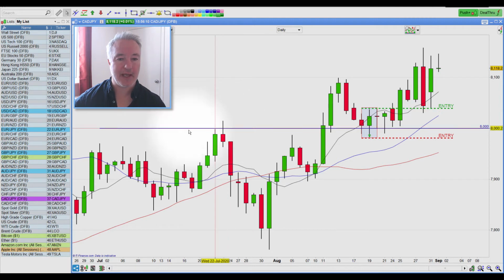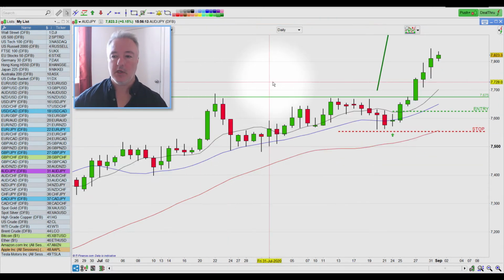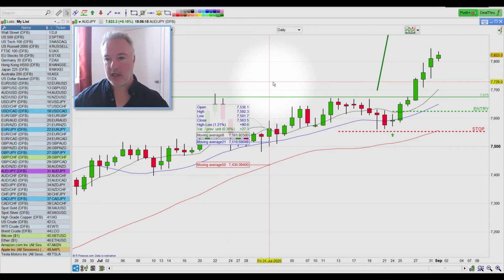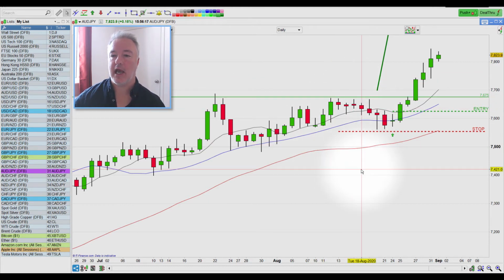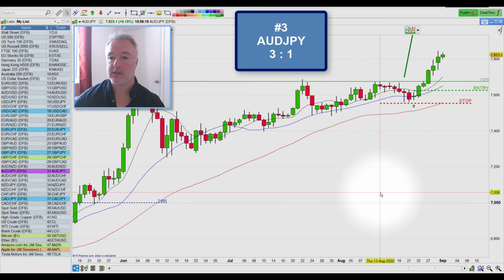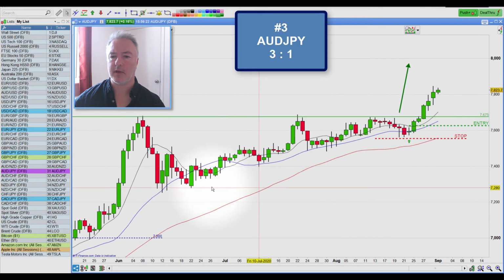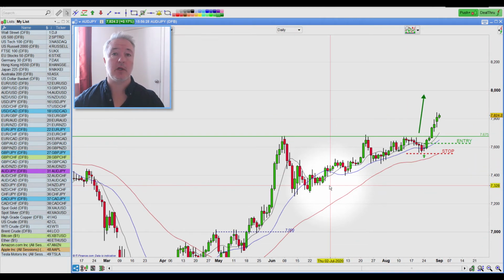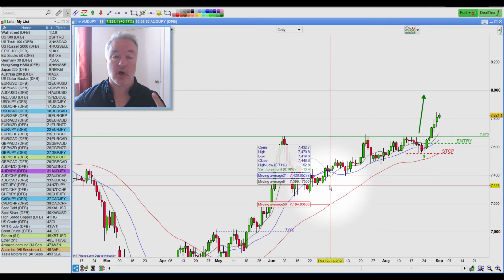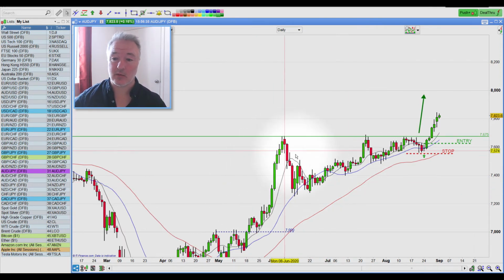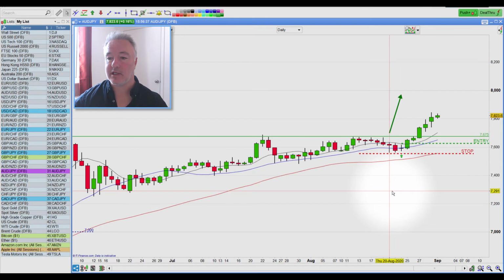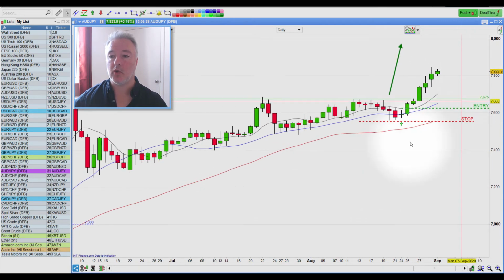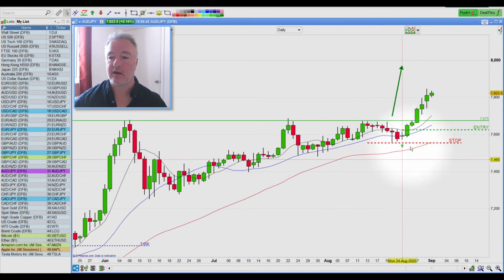And in third place is Aussie yen. I'll talk about the fact that there are quite a few yen crosses here. What's interesting about this one is that it's effectively a very slow and steady breakout pattern. The Aussie pairs have been looking bullish, and the yen crosses have been looking bullish. So there was a combination of factors that made it very likely it was going to break out through this level. Usually I don't enter below the levels, but this one was relatively decent, I felt.